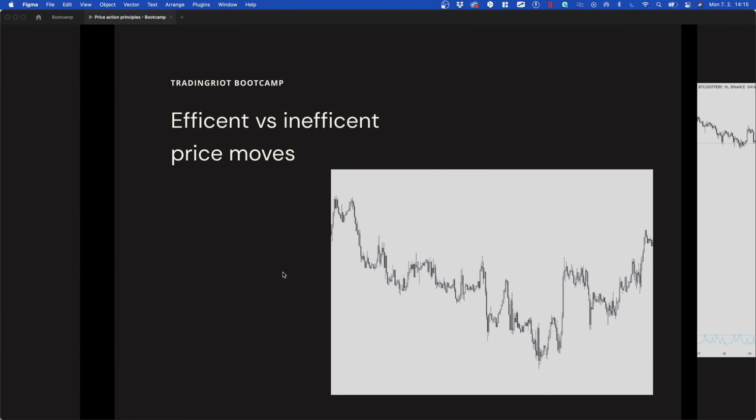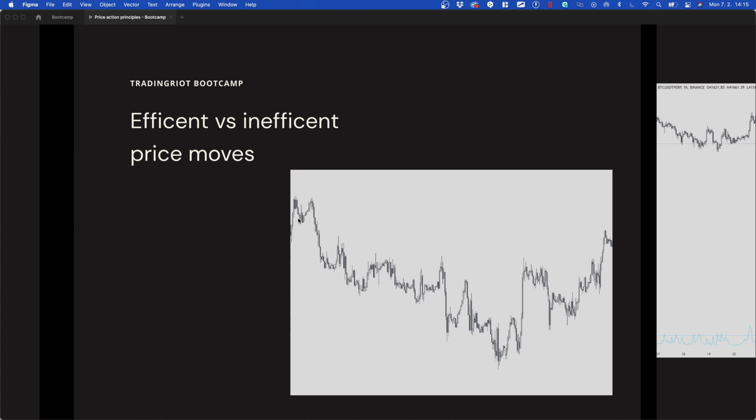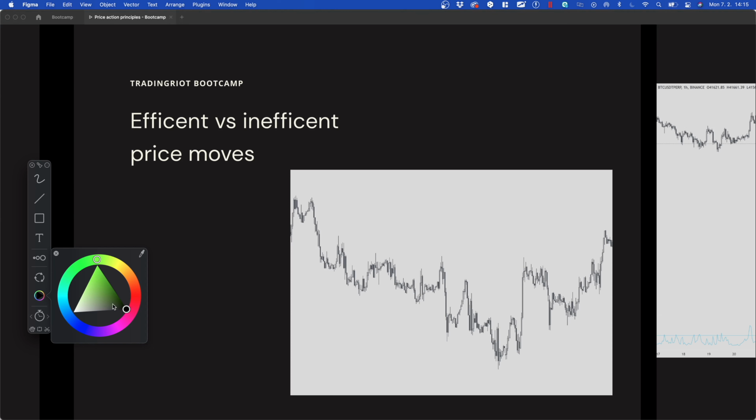Efficient versus inefficient price moves. Markets basically are doing only two things. I know most people will tell you that they are either trending or ranging, but in my opinion, they are either efficient or inefficient. This is the USD Swiss chart, and you can see how this is basically the two-way auction. The buyers and sellers here agree on these prices. The market is just rotating